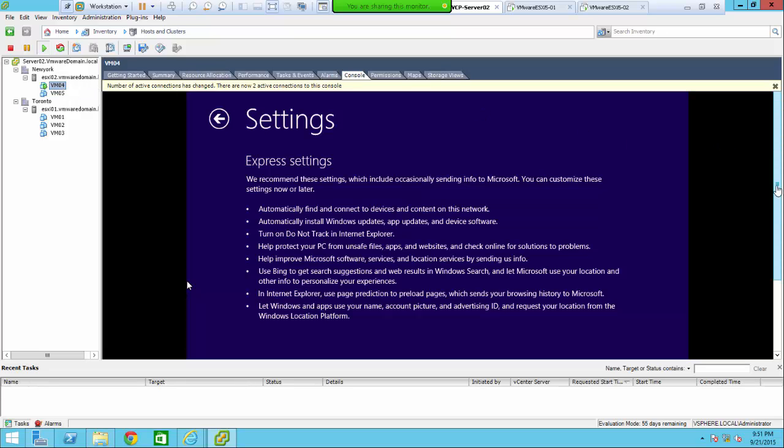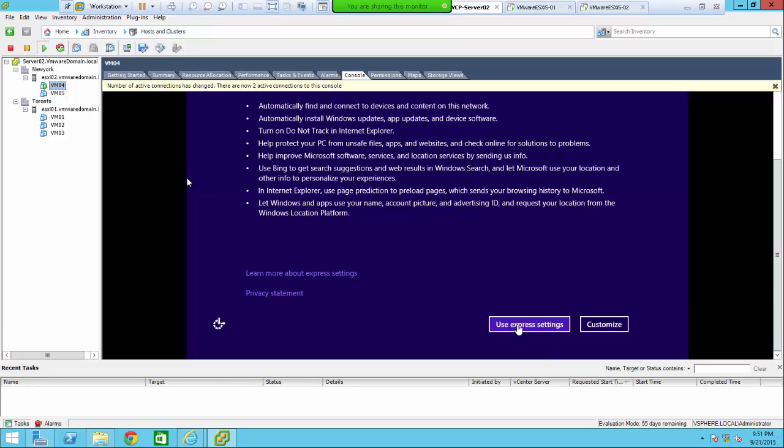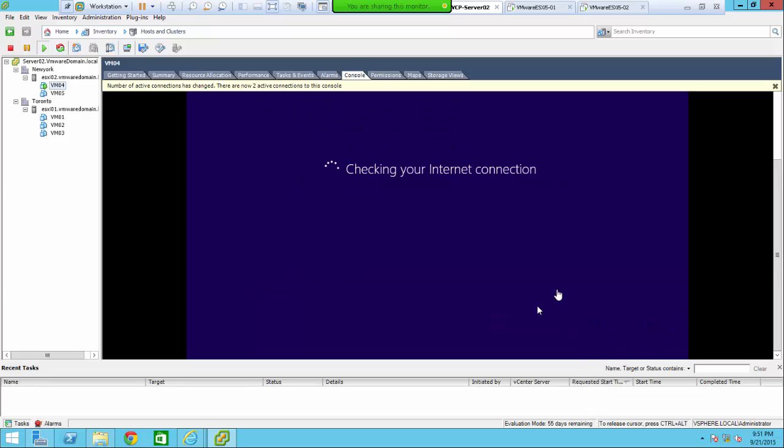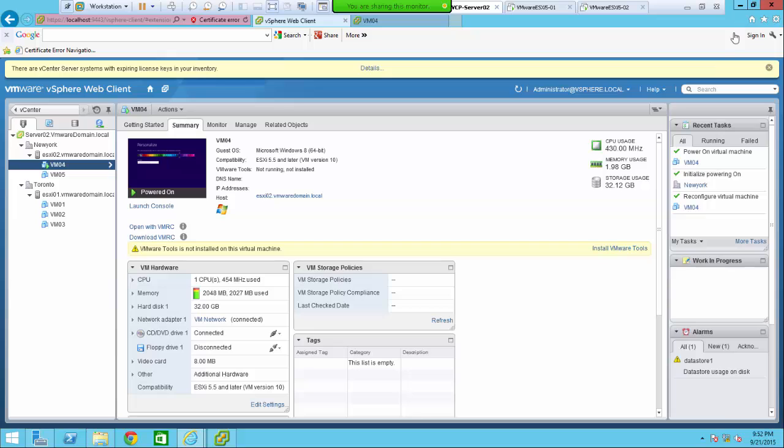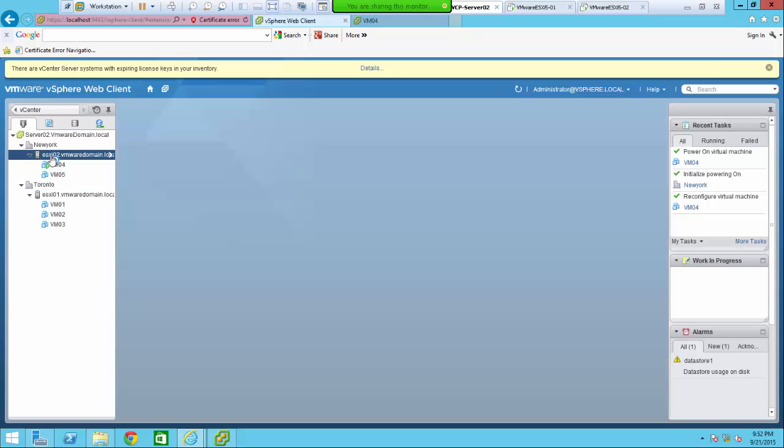Although I can have that console open, I'm just gonna go for Express setting, since VM tools are not installed, so I do not have the mouse under control. Checking internet connection. While you go ahead with that, Windows 8, I'm gonna minimize the console-based client, and I'm back on